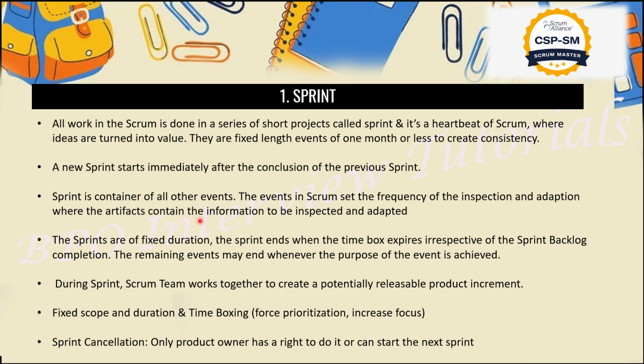Let me give an example. Suppose we have a website request. The product backlog is a website. Now what we have done, home page, about us, contact us page, then services, these all are our sprints. In the sprint we have a few more categories. For example, on a home page, what is the requirement? They require a banner on the top of the page. Below that they require testimonials. Below they require some about us information along with the location and the contact us form. So we have a priority to complete everything in the sprint as well, right?